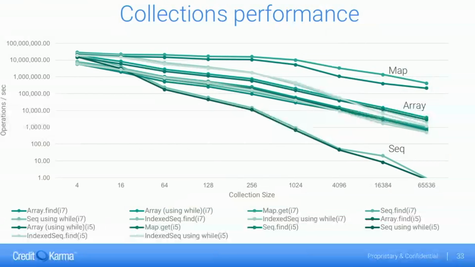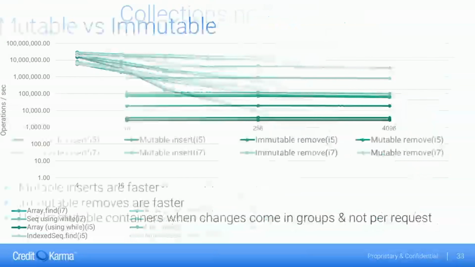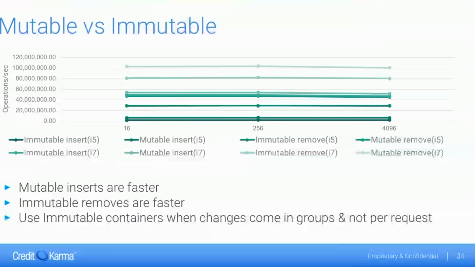So the final one we'll talk about is mutable versus immutable. I know everyone loves immutable data structures. They're easy to program for. But it turns out that mutable inserts are 30% faster. Surprisingly, immutable removes are faster than mutable removes. It's very weird. But generally, the lesson I drew from this is that you want to